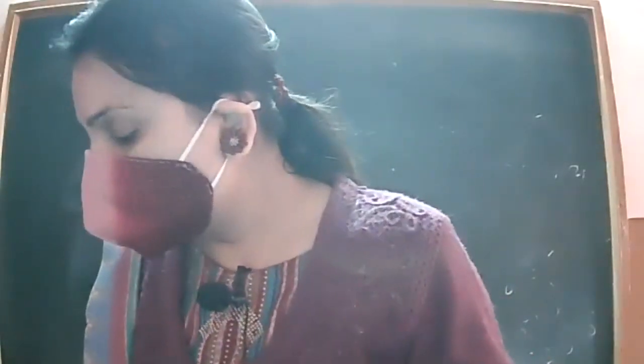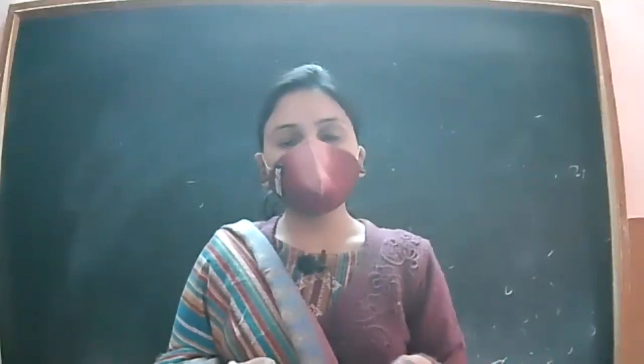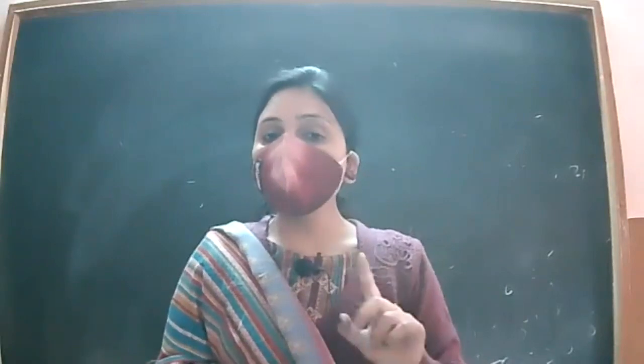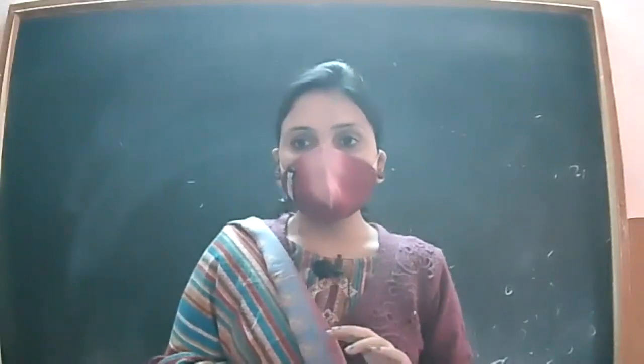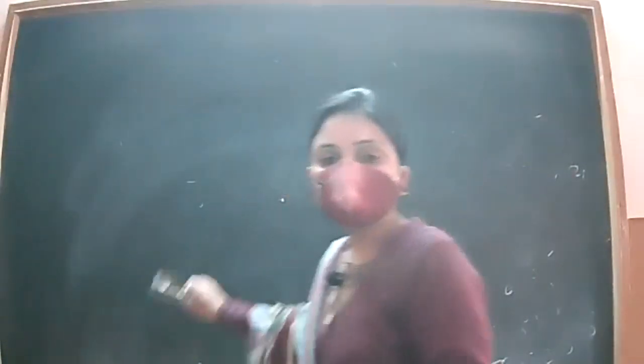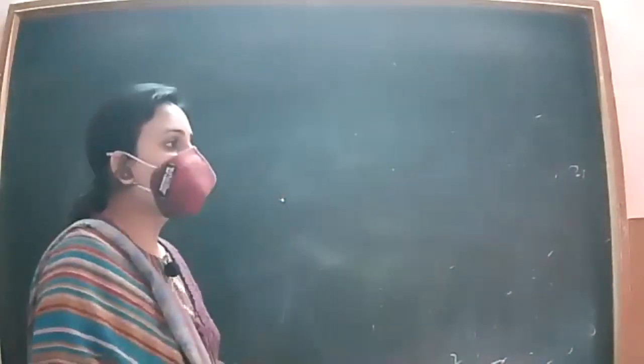And now we have finished the questions based on the volume of cone and all the figures like cube, cuboid, cylinder, cone, their volume we have discussed. Only 1 or 2 figures are left, and those are sphere and hemisphere, which are to be considered. So let us start with the volume of the sphere and hemisphere. Now we will do the questions based on the volume of the sphere and hemisphere.